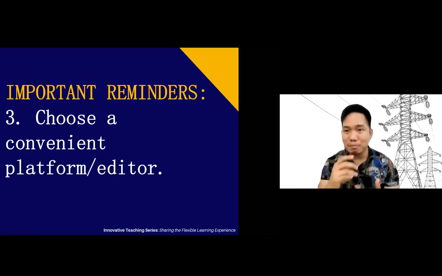Nag-search ko ug mga simple ra nga video editor, and nangutana po ko sa akong mga kaila nga mga editor. KineMaster gyud ang pinakadali kay pwede ra siya sa mobile, pwede ra sa cellphone ka mag-edit. Kung gusto ka og simple lang, pwede ka tong Zoom ra i-record nimo imong kaugalingon. Actually dili man gyud necessarily nga grabe ka pang pro level na gyud ang editing,